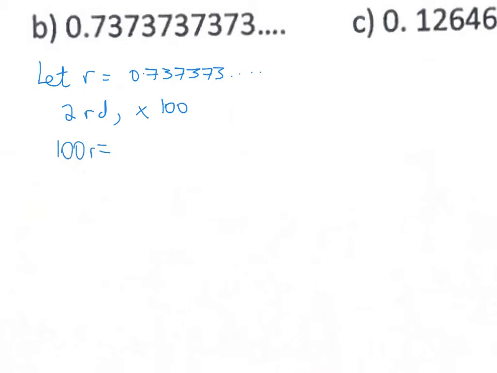Example B is 0.737373. So again we start off with let R equal 0.737373 and so on. There's 2 repeating digits, so what we'll do is we'll multiply by 100 and we get 100R equals 73.737373, and we'll take away the original R, which was